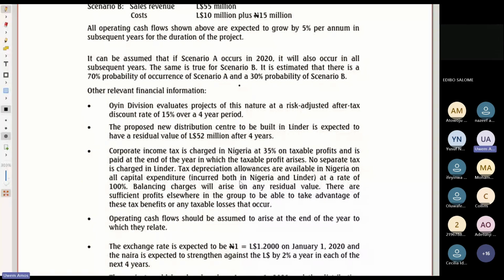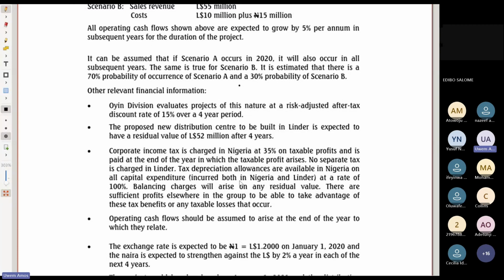There is subsequent profit elsewhere in the group to be able to take advantage of these tax benefits or any taxable losses that occur. Operating cash flows should be assumed to arise at the end of the year to which they relate. That's operating cash flow. The exchange rate is expected to be 1 naira equals 1.2 Lindarian dollars on